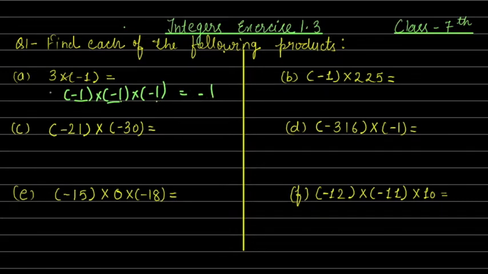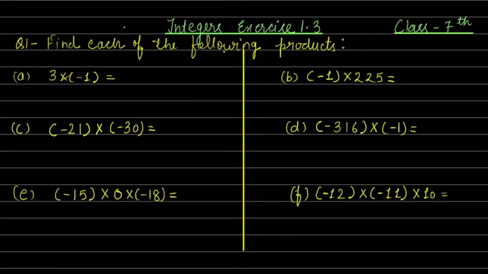Rather, if I multiply it with one more minus 1, right? So you have 1, 2, 3, 4, even number of negative signs, which will give you a positive integer, because 2 negatives make positive, another 2 make positive. So ultimately your result will be a positive integer. So with this concept, we will be solving question number 1 of this exercise.